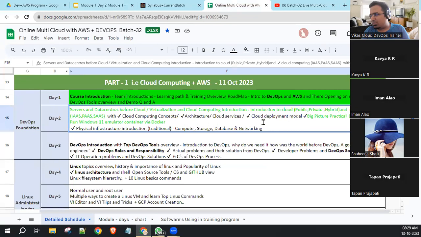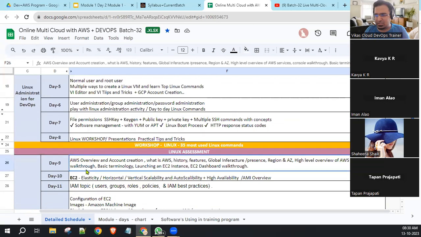Cloud computing concepts, deployment models, compute, storage, database, networking. Networking covers network related things. Database is where we can create relational tables and store data. Storage is where you can dump data, 10 GB, 20 GB, a file system. Compute is CPU and memory, the traditional way. I just want to give one line on compute at this point, because we will understand compute very deeply in the Day 9 and Day 10 classes.